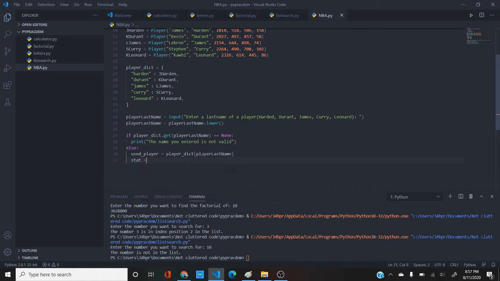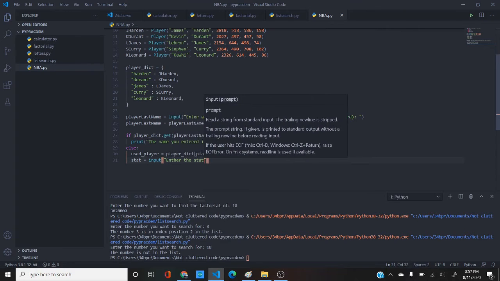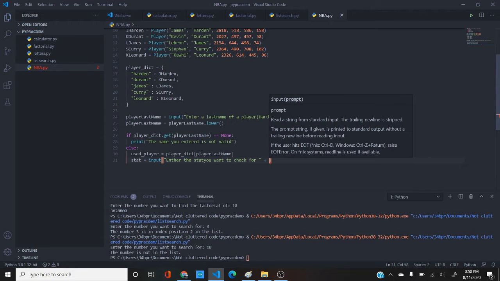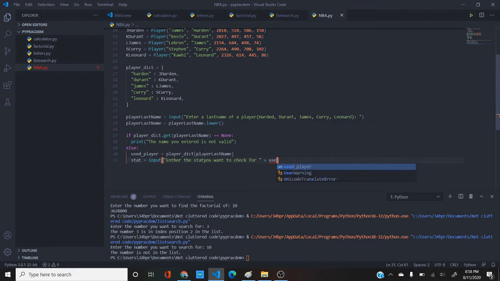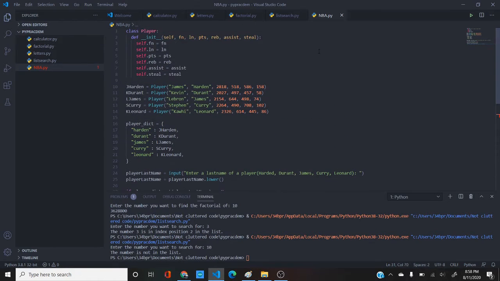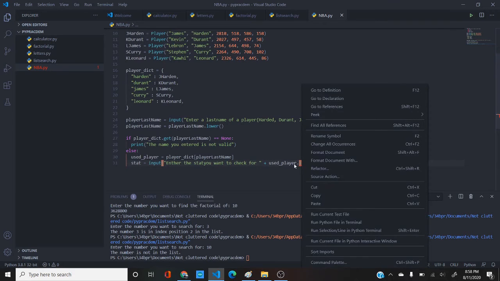So stat equals input, enter the stat you want to check for, and then I'm going to tell the user which player they entered here. So this is how you access a piece of data inside a class. You use player dot the variable that you want. In this case I want the first name, and since I made first name fn, I'm just going to use player dot fn,